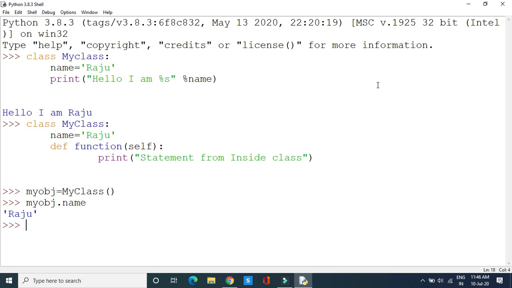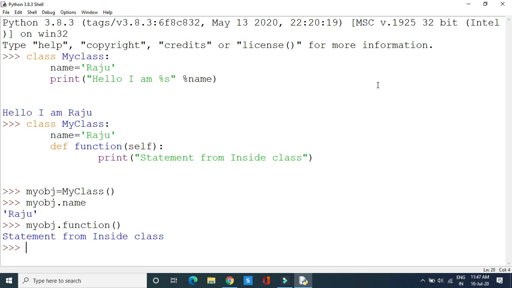Now you see we got Raju. Simultaneously, I want to access the function inside the class. This can be done in the same way, just like myobj dot, here you mention the function, and you press the enter button. If the statement is correct, we will see the output which we enclosed in the double quotation marks in the print statement.